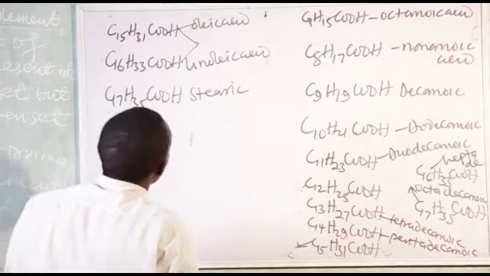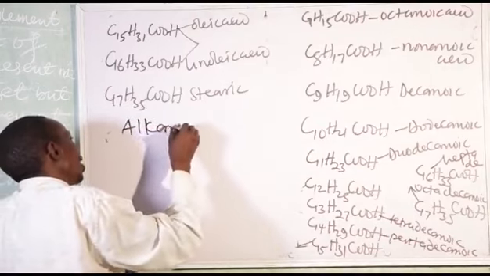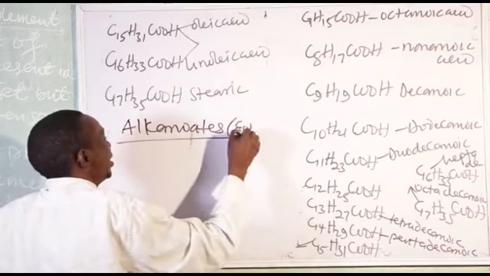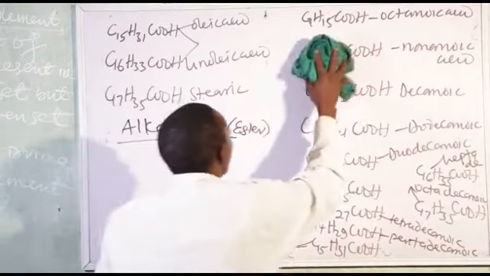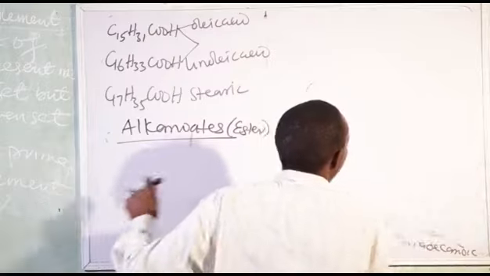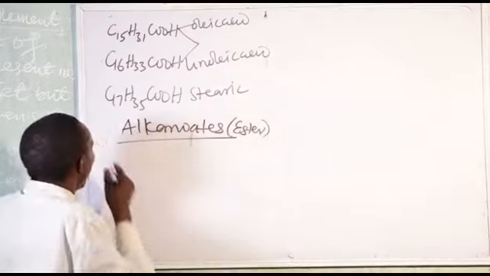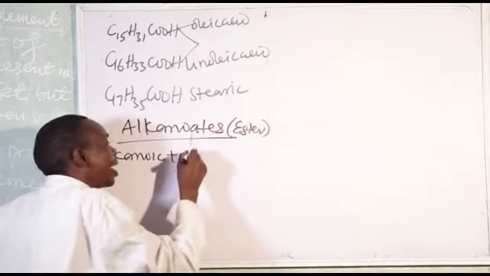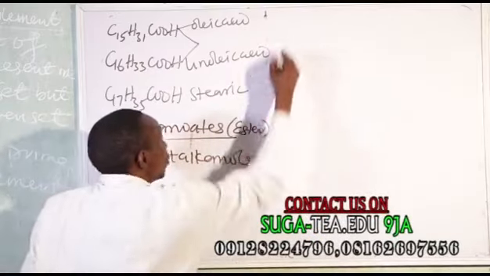Now another group I want to expose you to is our alkanoates. I call them esters by name. What are they? Esters are produced from the reaction between alkanoic acid and alkanol. Ester itself is an organic salt. When you have alkanoic acid plus alkanol, they will give us ester